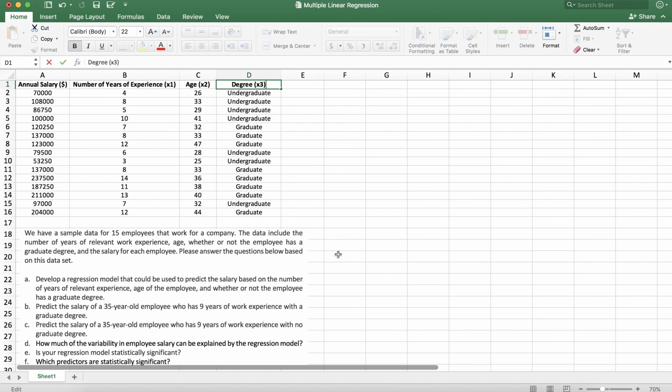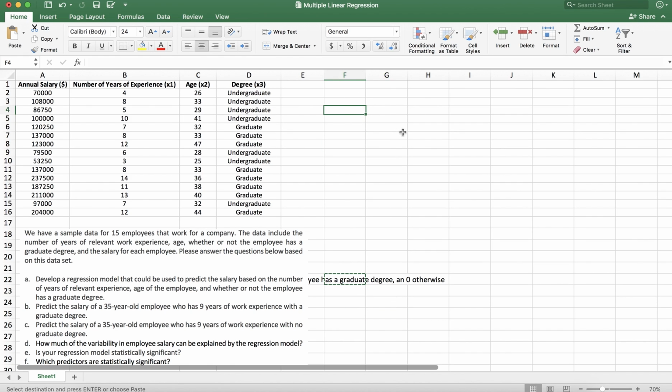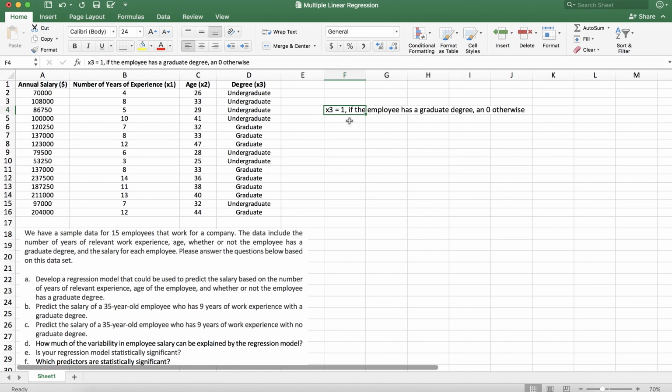And I'm going to define x3 equals 1 if the employee has a graduate degree and 0 otherwise. Okay, let me just move it somewhere in here. So x3 is equal to 1 if the employee has a graduate degree and